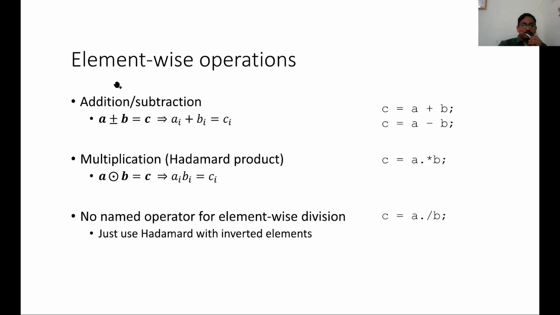Now in MATLAB matrices, some element-wise operations are mentioned here. Addition and subtraction are just element-wise. C is a matrix that is the addition of A and B. Corresponding entries are added, whether it is a row vector or a matrix, but the dimensions of the two have to be the same, otherwise we can't add. Multiplication, that is the Hadamard product, is component-wise multiplication.